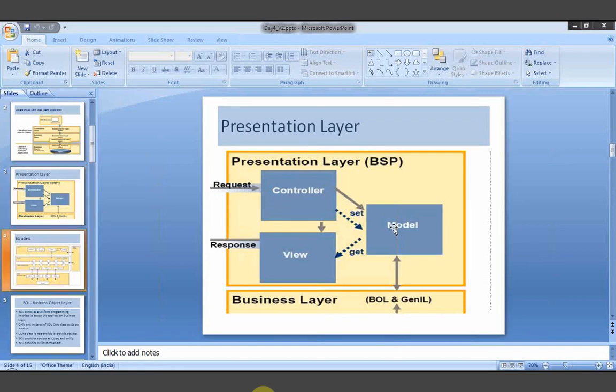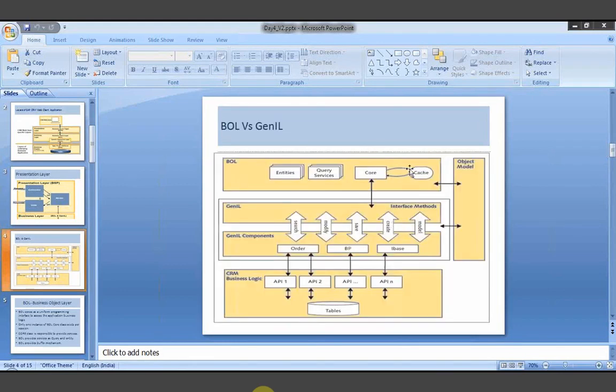This would be pretty clear to us. Then what happens at the next step? The model will interact with the core. Initially the core does not exist.